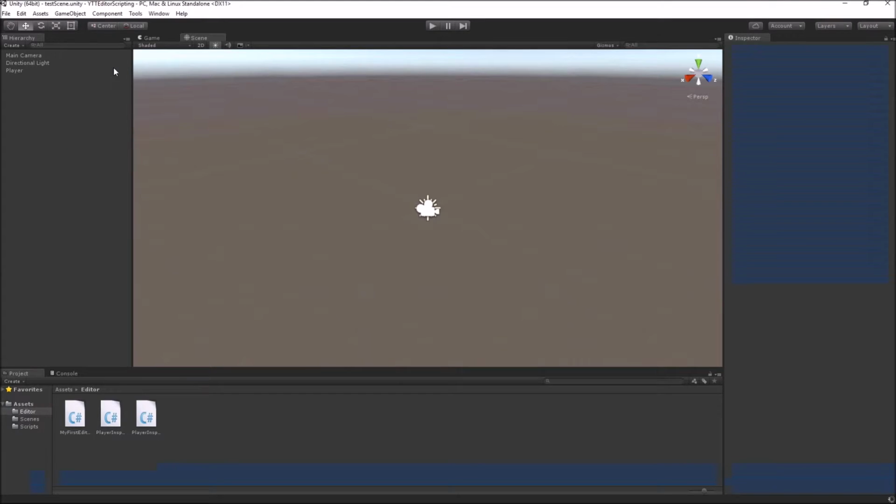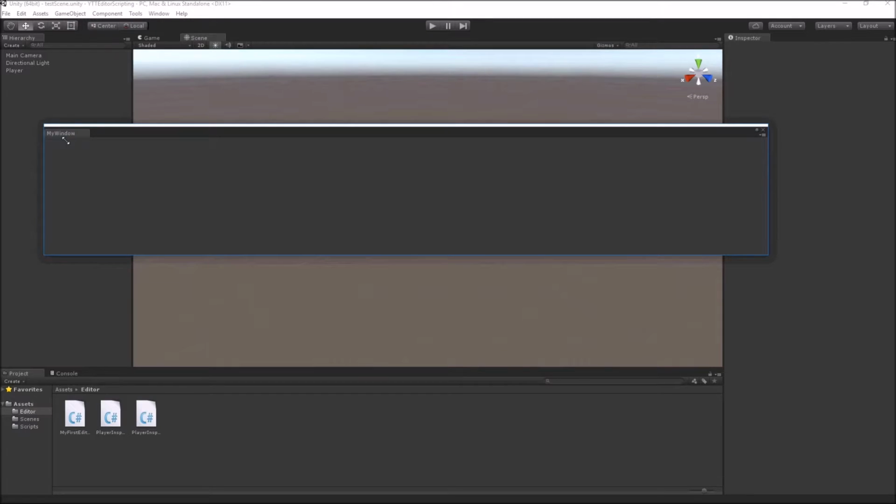Later what we can do is even change the icon that is displayed here with our name. So like the game has the Pac-Man icon, we can even change the icon for our editor windows. So now when we spawn our editor window, we'll see the title bar or the name of our editor window changes.